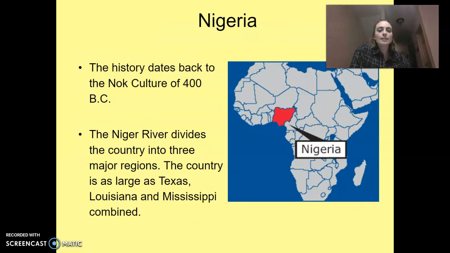The book takes place in Nigeria, like I've been saying. Here's a map if you were unaware of where Nigeria is on the continent of Africa. The next couple slides are going to give us some information about Igbo society and culture and Nigerian history. So make sure you're jotting down these notes in the packet. I think it's on pages 5 and 6, the Cornell notes.